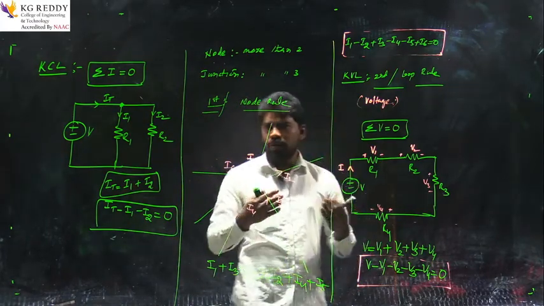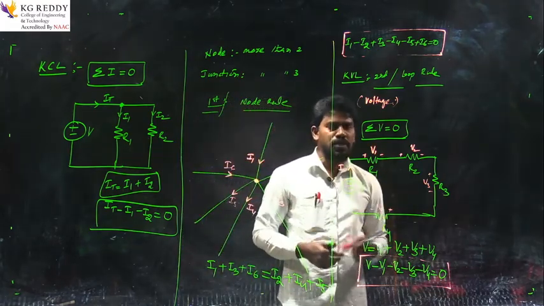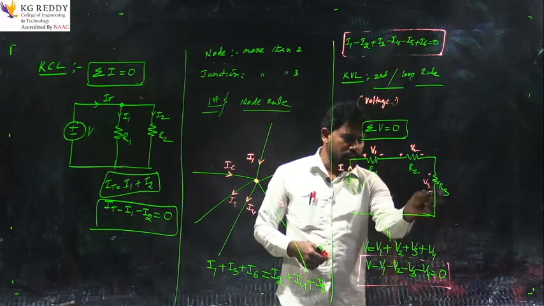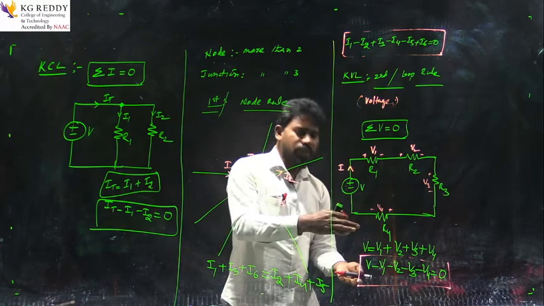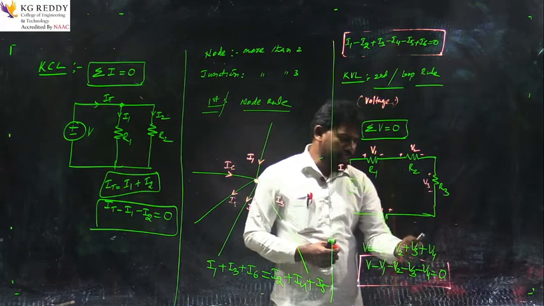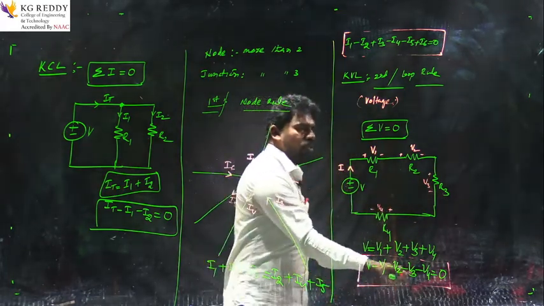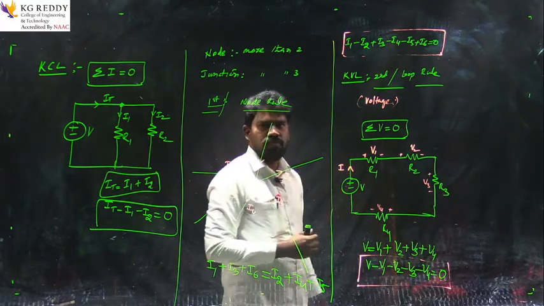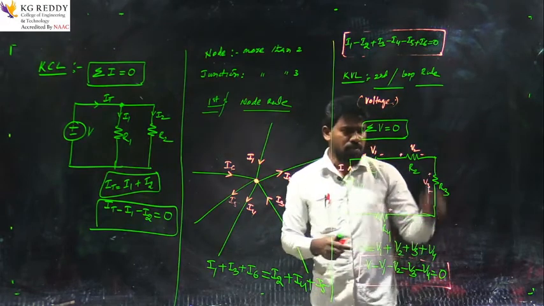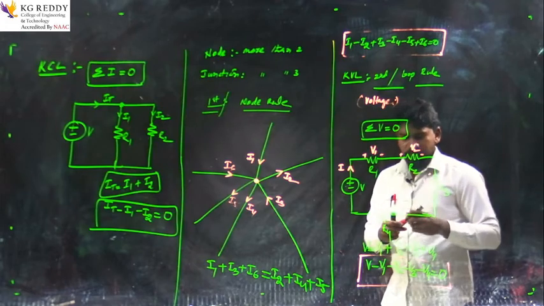Why do we implement Kirchhoff's voltage law in our electrical network? That is also important. Suppose you want to find the voltage across the R3 resistance. We can apply the Kirchhoff voltage law technique to this network, and then we can get the unknown voltage by applying the source. That is very important. Suppose I take one example from this network.